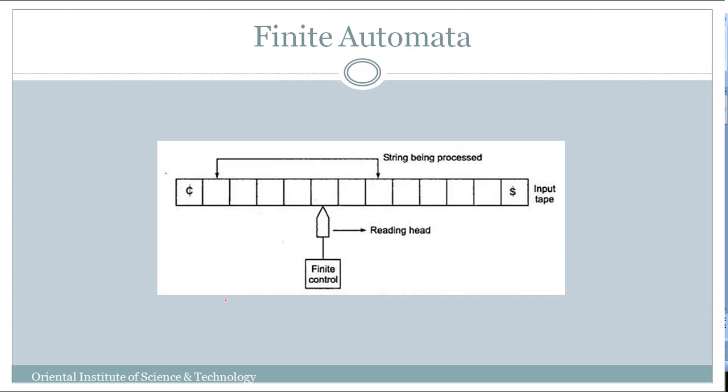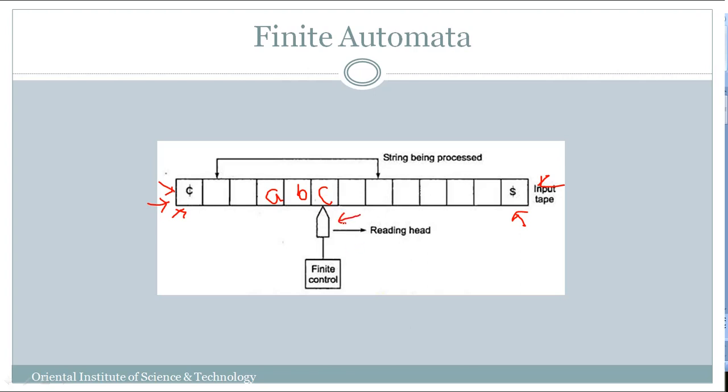We have an input tape. This is called an input tape, and it is nothing but a memory space where we want to store our particular input or whatever the data is. This input tape is bounded by two symbols: the starting end marker and the ending end marker, which show where your tape begins and where it ends. Let your string be abc; you need to store it here.